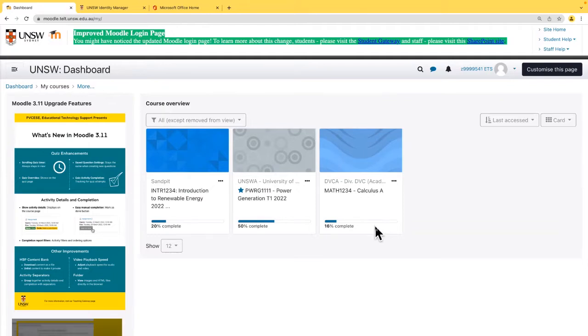One thing I want to highlight about these completion bars is that these can mostly be ignored. These completion bars aren't an evaluated metric to assess your course completion. Most courses may in fact show 0%. It's always best to refer to your course outline for key course and assessment task information. So just a reminder that this is not indicative of official course completion.